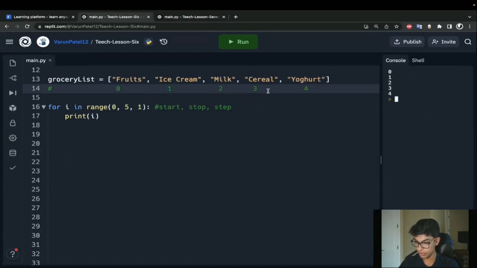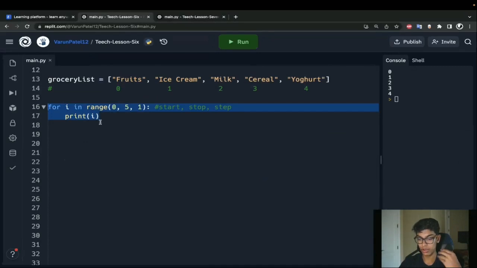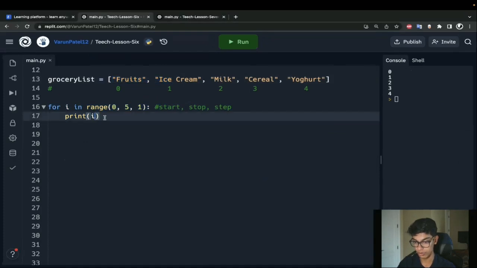So how can I use the numbers that my for loop is generating to print out specific items from the grocery list? Basically, I'm going to use this i value, which is different every time in this loop, and I'm going to show you how that pertains to specific items in the grocery list.